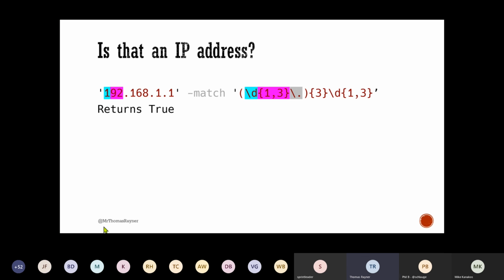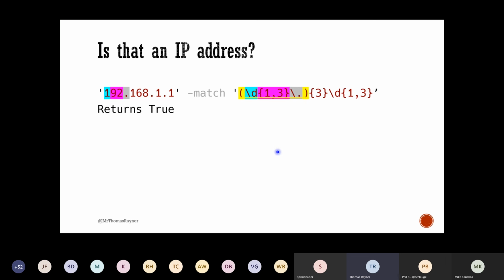A backslash. Okay, well, I know backslash gives and takes away meaning of whatever comes next to it. It escapes the next character. And I know that the next character is a period, and a period matches any character when it's on its own. So if I'm escaping it with a backslash, remember what that does? It's either giving special meaning or taking away special meaning. In this case, it's taking away special meaning because the period would normally have meaning; without it, it means any character. So I got a literal period, comes right after my 1 to 3 numbers. And then that's a group.